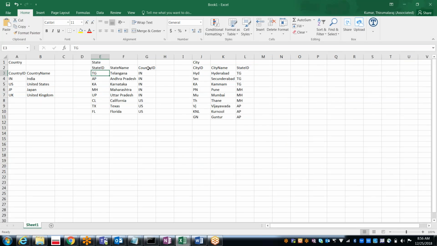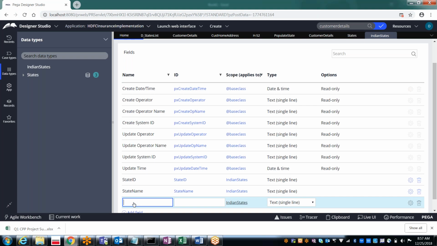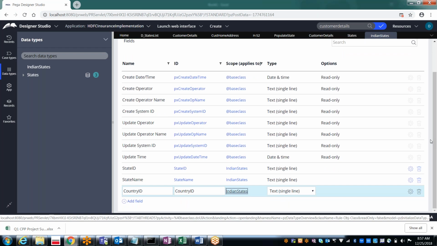But again, in future, if you want to have country ID, again it will be a problem. So that is the reason why we can have one more column now itself, with country ID. So now we have state ID, state name, and country ID.